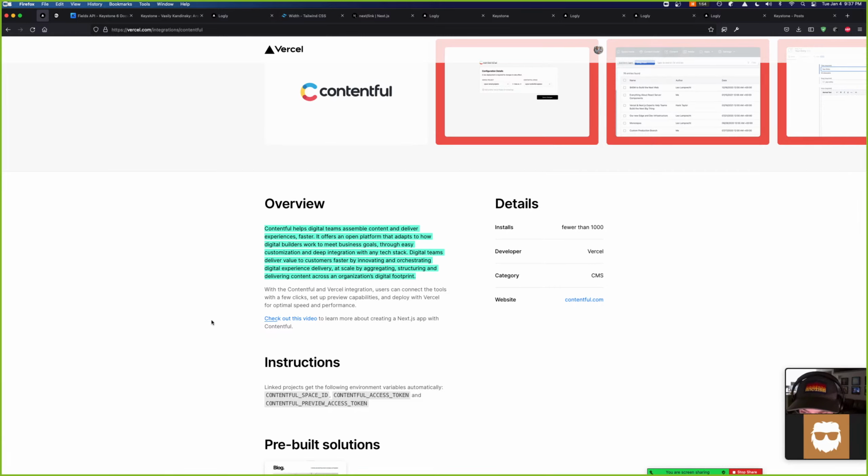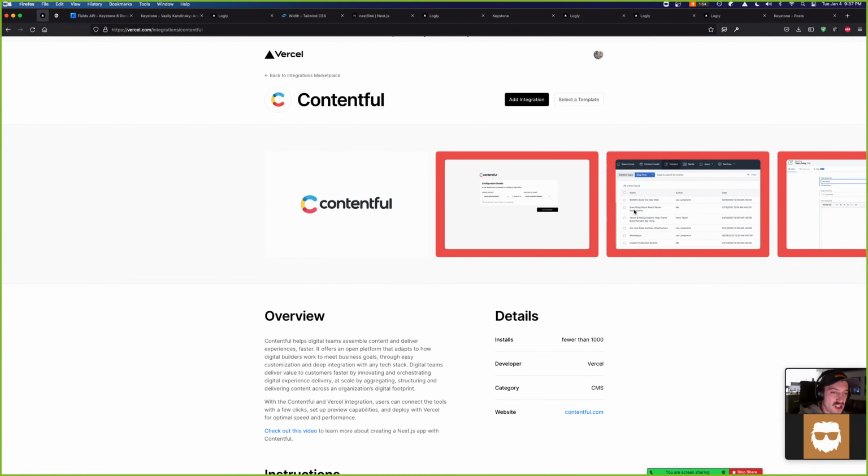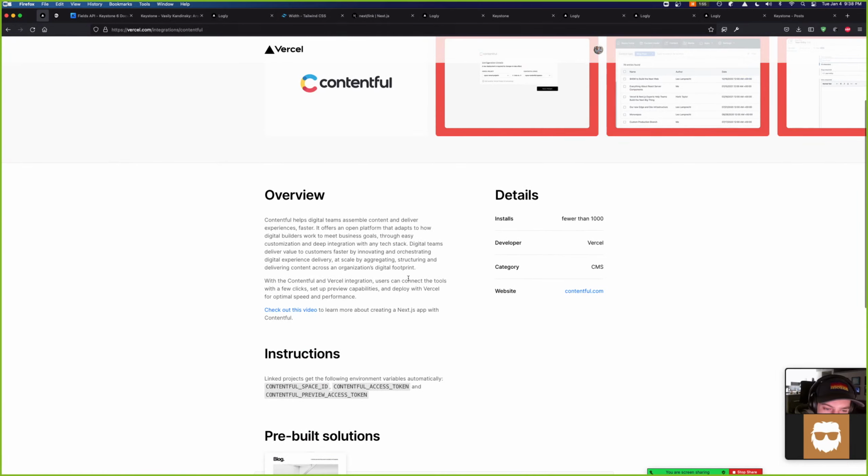But I don't know if it's going to let you configure the content types. Dude, look at this.